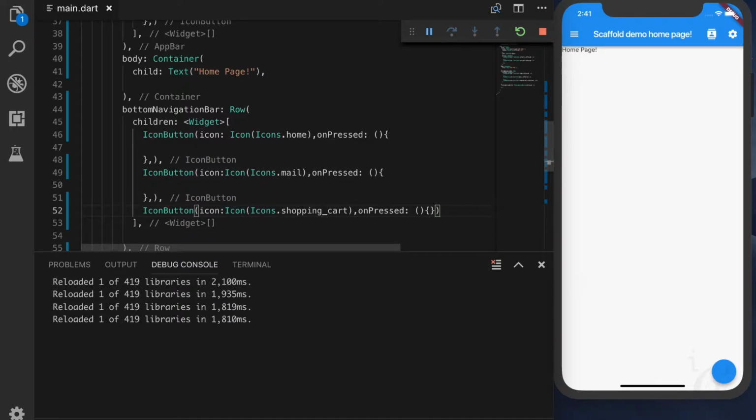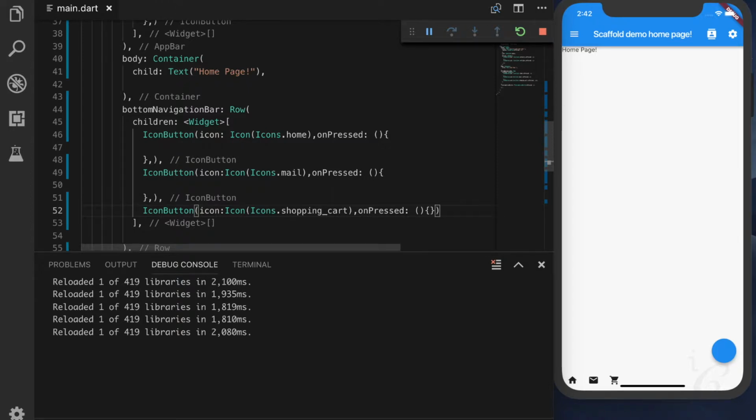As you have seen, you have provided the implementation for a bottom navigation bar, and once we reloaded we have seen that 3 buttons are added at the bottom of the entire screen. We are not much worried about the look and feel of the entire screen right now. We will beautify this later in the session.